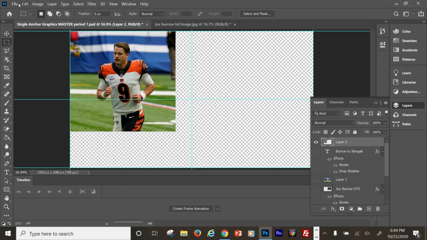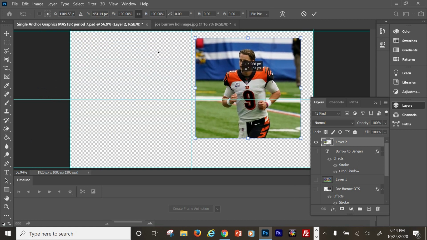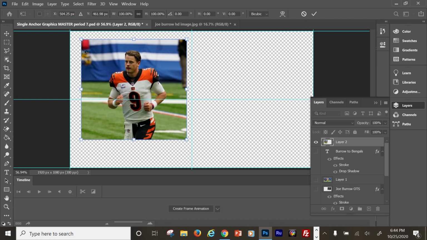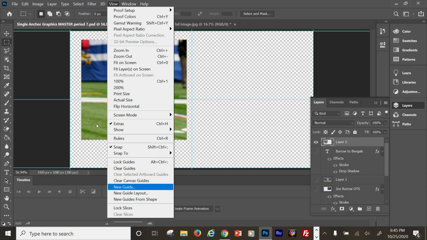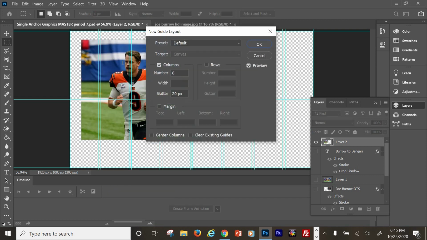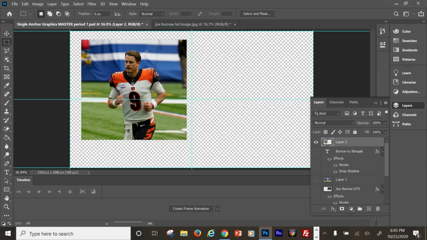Now what you want to do is free transform once again and move this to the side that it should appear on. If you're looking at camera 1, this is the side that it should be on. If you're looking at camera 3, it should be over here. And notice that I have these blue guidelines to show you what those are like. I'm going to go up to view, and here's your guideline, new guideline layout. You just want to have 2 columns and 2 rows, and make the gutter 0 and say OK. So now I've got blue lines in there to show me where the head will be